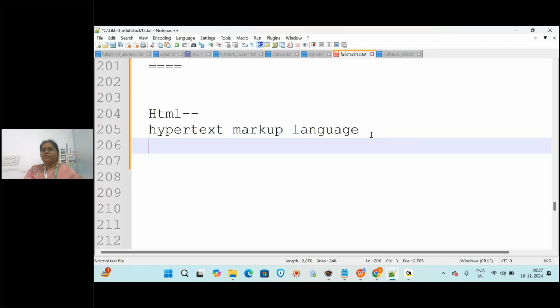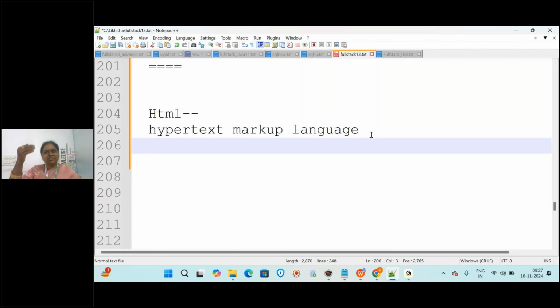Yes. So we will have some content, right? Suppose you are developing a question paper for an exam or any application which has some data. If you open any company site like Infosys or Wipro, there will be details about the company, like about us, contact us, and all. If you see the about us, they will provide information like when they started that company and all information about the company, right?